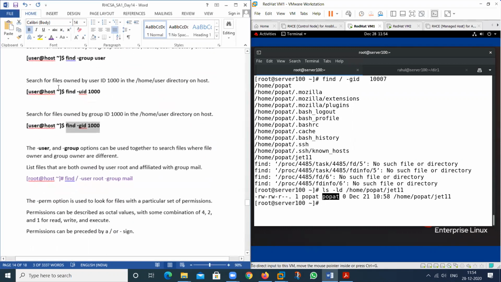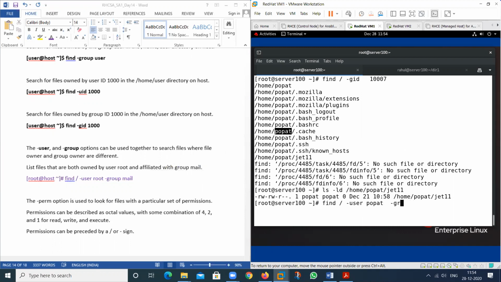So this is the concept regarding UID and GID, and we can also use these two concepts at the same time. If I have a user, the username is -user, the username is this one, Popat, and I want to search only the files related to a particular group.